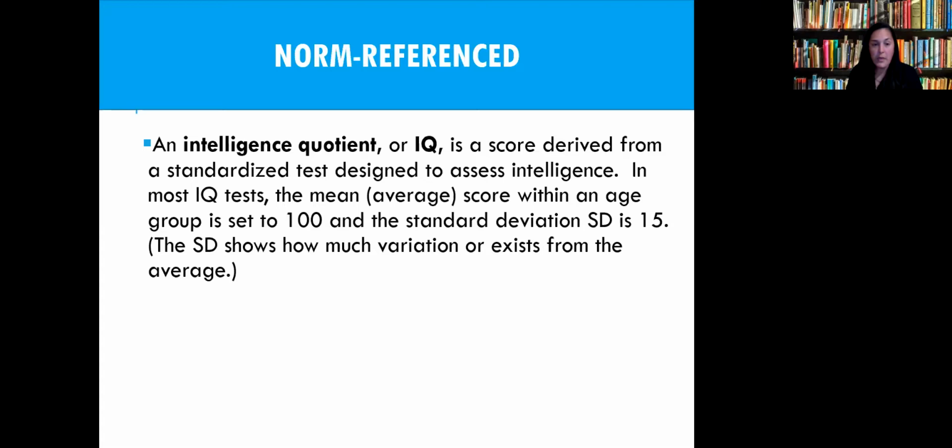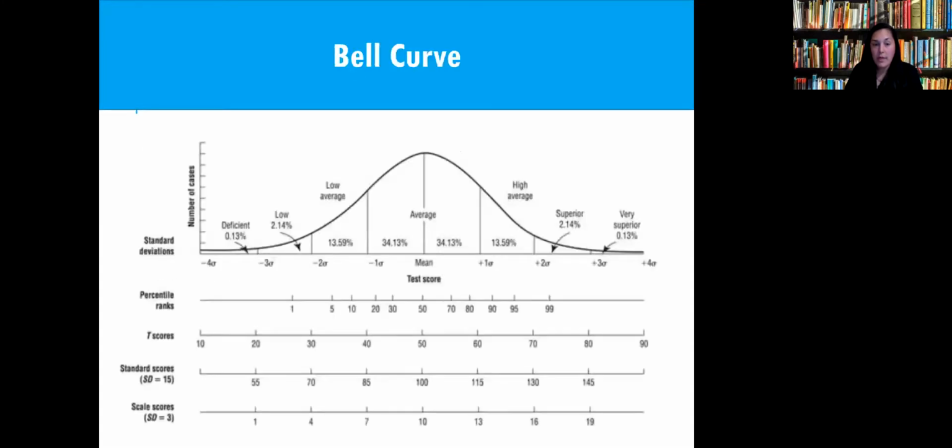The bigger use for me, in terms of your day-to-day and what you need to understand about the individuals you work with, is this notion that scores are average at 100, right? And generally one standard deviation is about 15 points up or down, either way. The relevance to you is that when you're looking at data and you're able to use this format to break down and understand where an individual falls, as you can see where it says standard score, 100 being right at average, 15 points up, right? So in the positive trajectory is heading into some pretty positive skills, right? High average, superior, very superior.